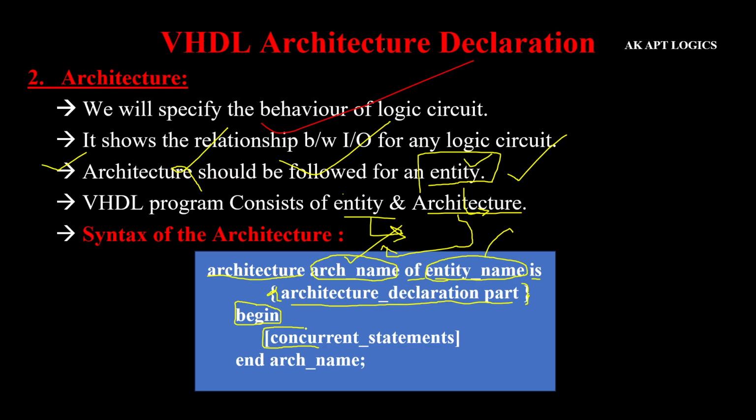Okay, it's not going to execute one after another like we are going to see in the C language. The statements are executing in a parallel manner, where we are going to write the relationship between the inputs and outputs. And then after writing all those relations, we need to end, followed by the architecture name and a semicolon. Next,